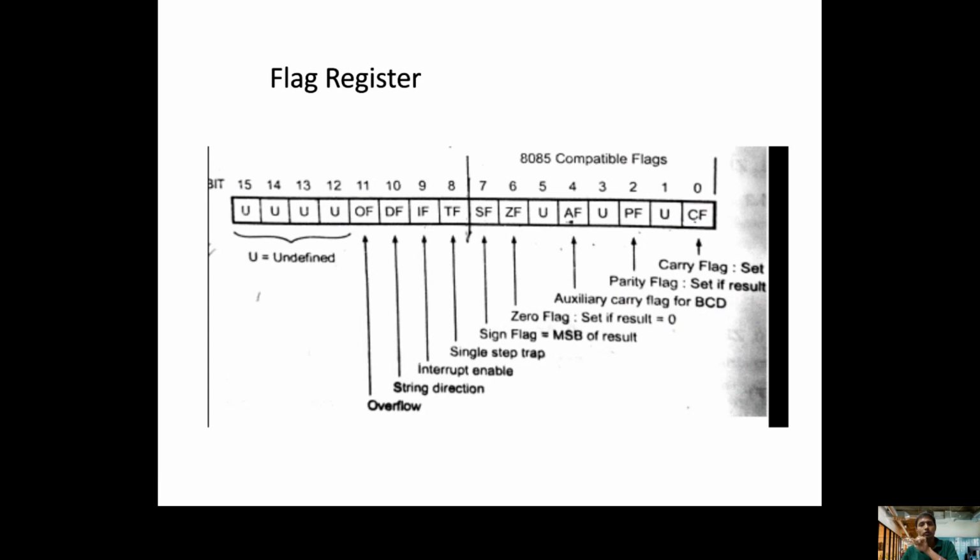Generally, the MSB bit means the 15th bit for 16-bit operation. For 8-bit operation, the 7th bit is the MSB. So whenever a carry occurs in the result when you perform arithmetic or logical operations, if the result contains 8 bits and a carry comes, the carry acts like a 9th bit.